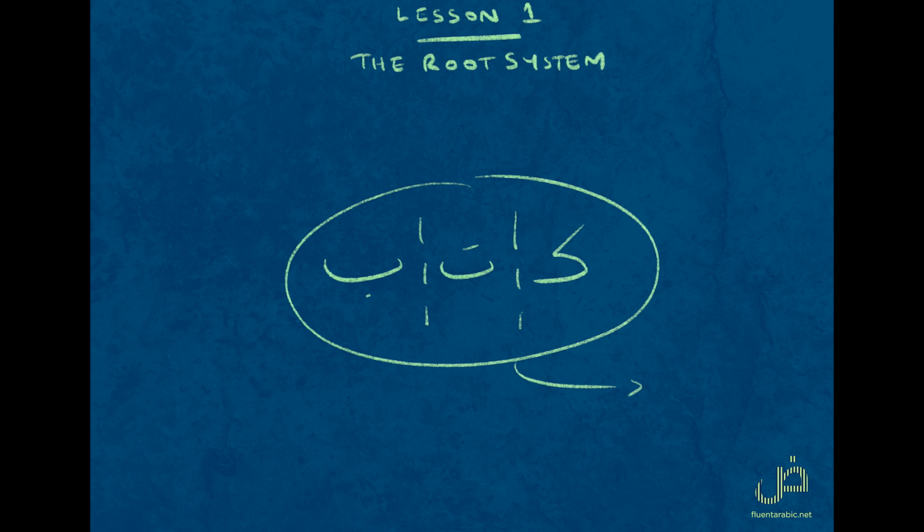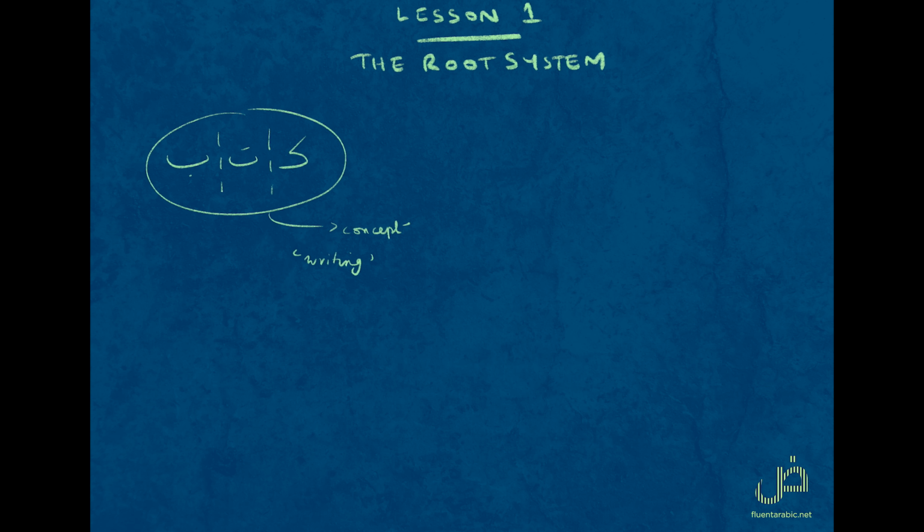Now each root word will have a concept or meaning associated with it. In the case of kataba, the concept it is associated with is writing. Now we can take or derive multiple words from this root and they will all be associated with this concept of writing. Now to derive these words, we can add vowels,